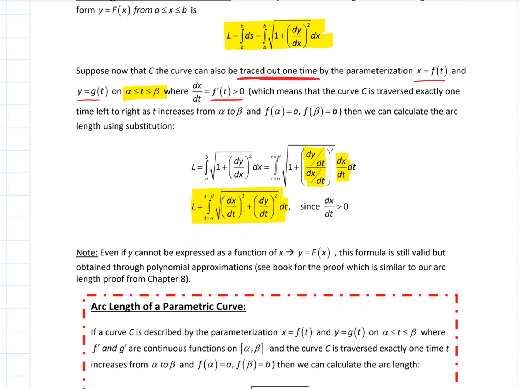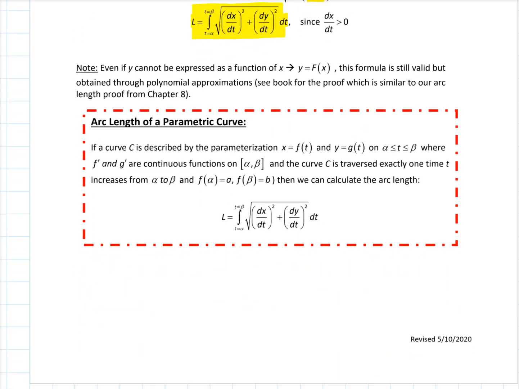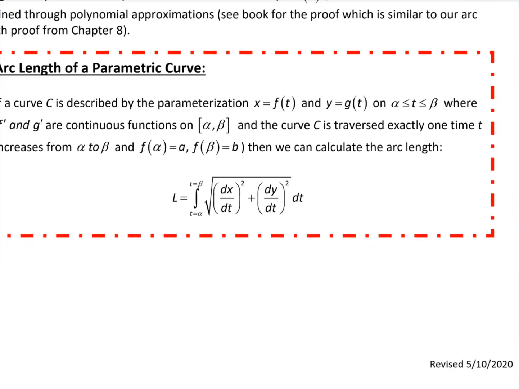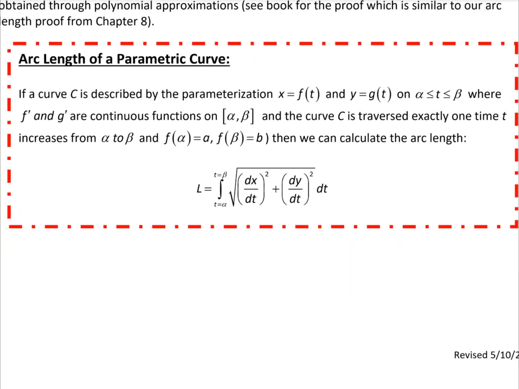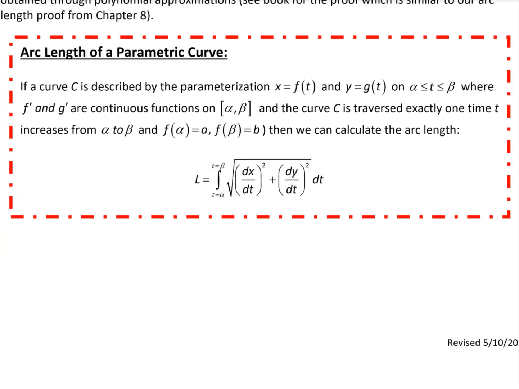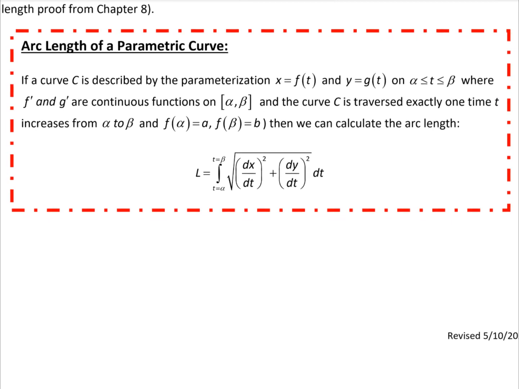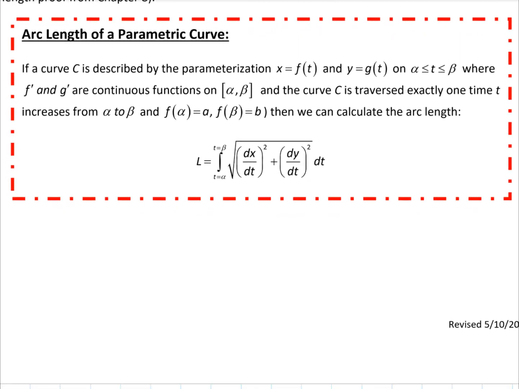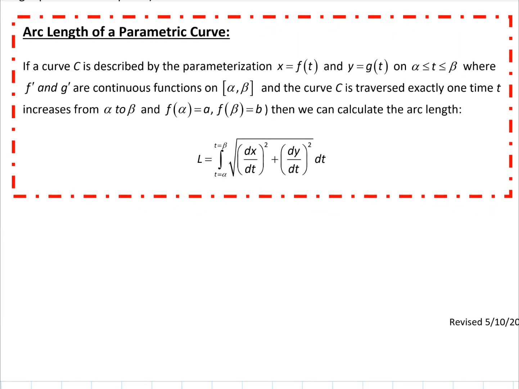Let's go just down to the actual formula. So that was a rough proof. It was a typed up proof to go for speed here and focus more on the examples in the videos. But here we go. So here's the arc length of a parametric curve if a curve is described by the